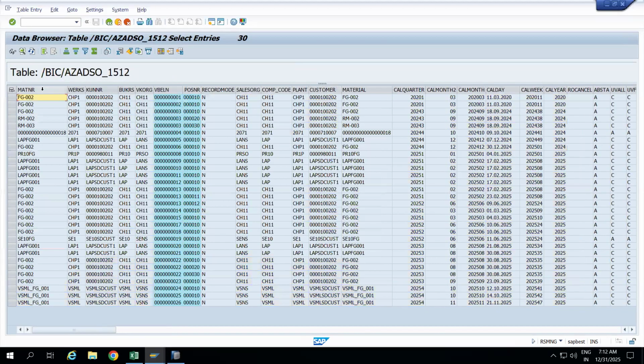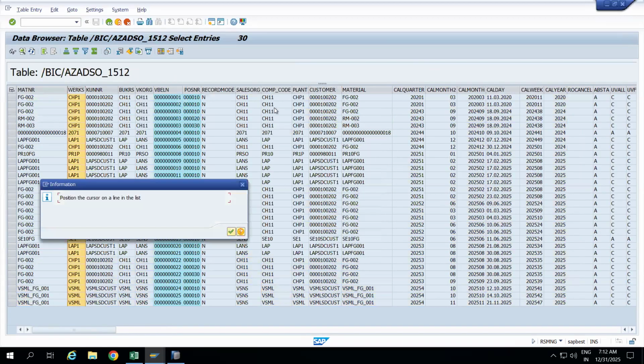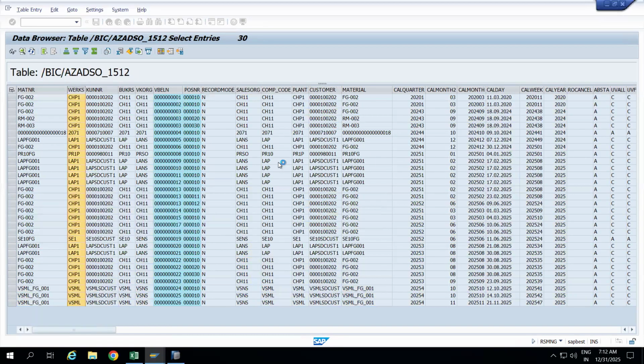See here, this is material. This is also material. See, both data is the same. What is the difference between both? This is material, this is Matnr. This is works, this is works. That is works and this is plant. See, both are the same. And this is Kunnr. This is customer. Okay, this is Bukrs. This is company code. See, the data is the same only. In the report level,